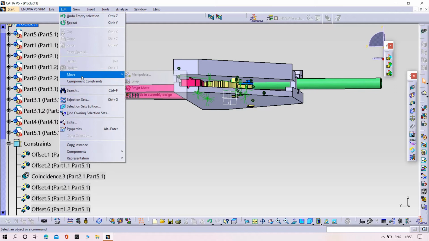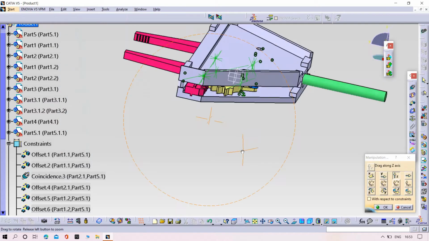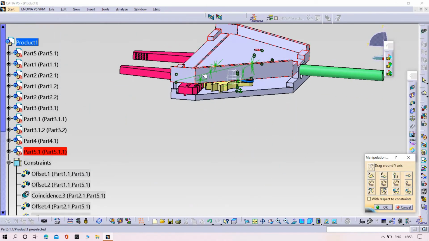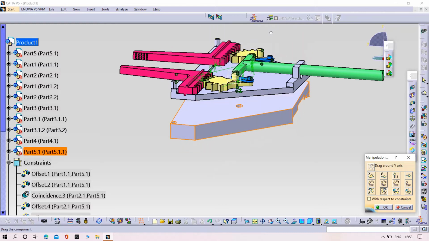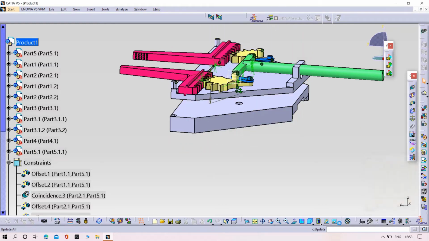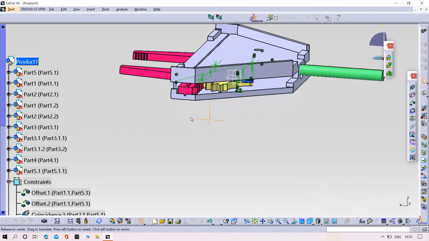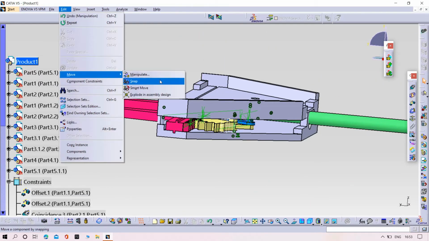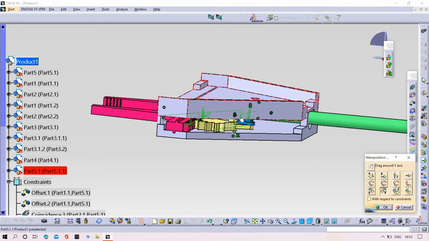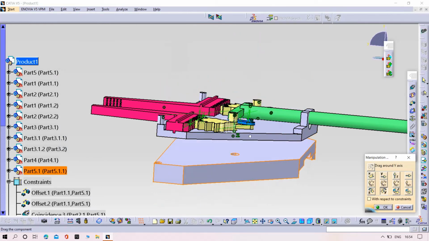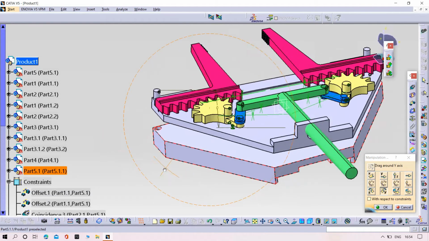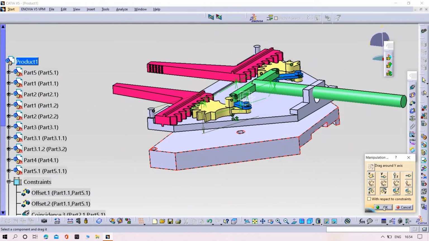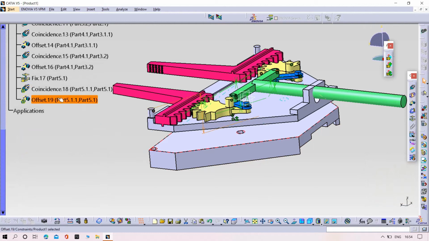Try to rotate the part. Then apply. Okay, and then try to delete these relations.